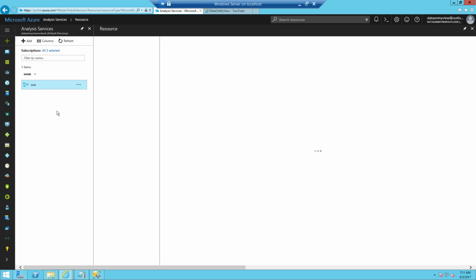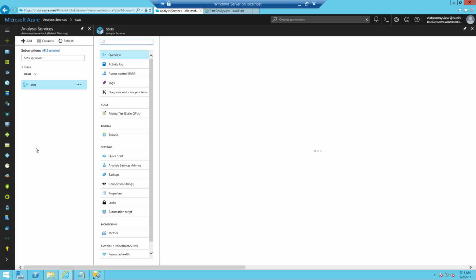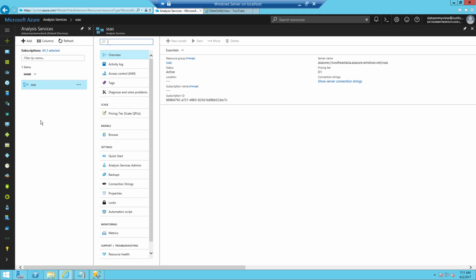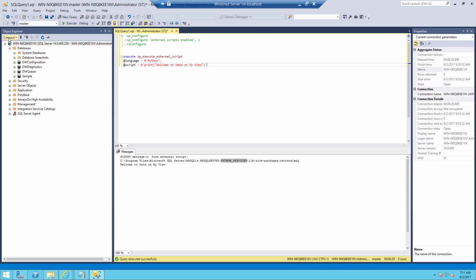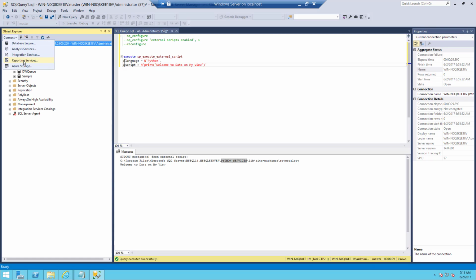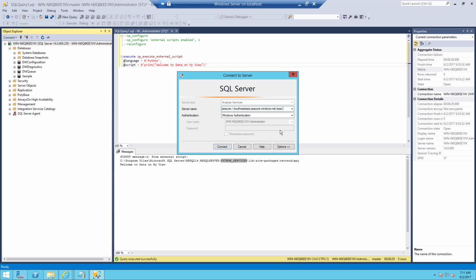Let us see what is inside. Here we have the option to start, stop or pause, and we can delete. These are the default options. We don't have any model in this, since we created a new one. To have a model we just need to connect to this service and place it in management studio, and let us see whether we are able to connect.